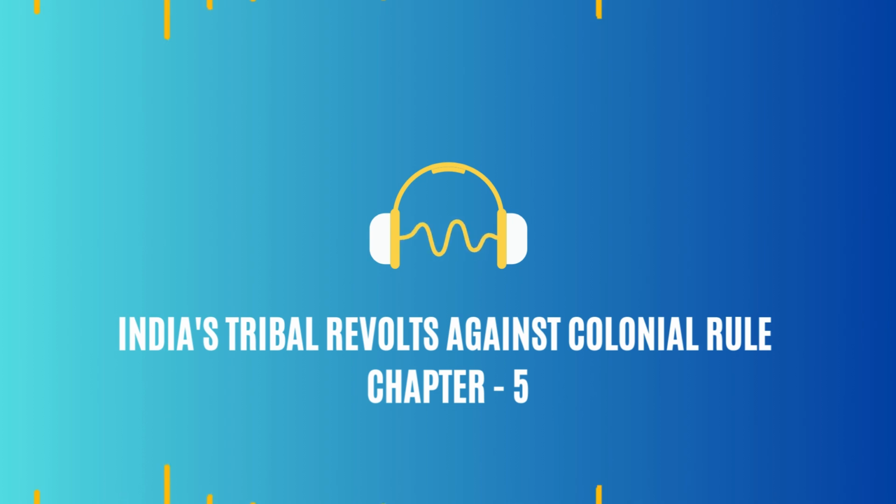What sparked the rebellion? The Paharias were skilled hunters and cultivators. Their livelihood depended on the forests. When the British started encroaching on their territories, trying to expand agriculture and extract resources, the Paharias saw it as a direct threat to their way of life. So the British tried to impose their economic model on a system that worked perfectly well for centuries.